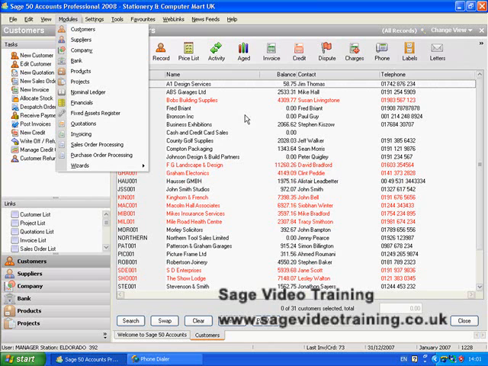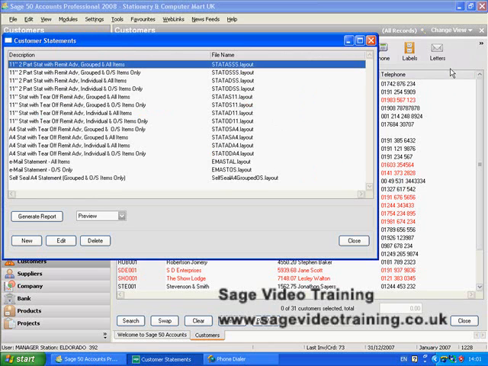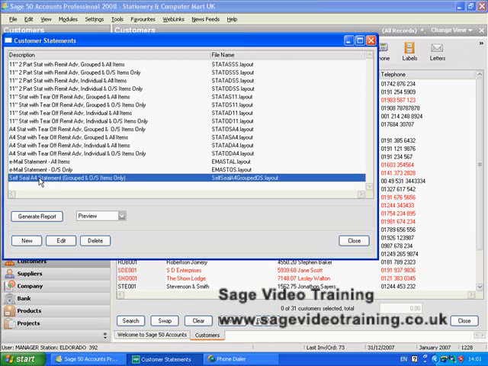Let's have a look at sending statements to your customers. Now the statements option is hidden over here on this little chevron tab. Sage has set you up some stock types of statement here. The one I usually use, I think, is this one. So we'll just have a preview of a statement which, as we haven't selected any specific customers, will go out